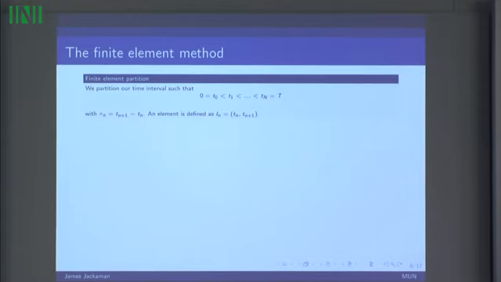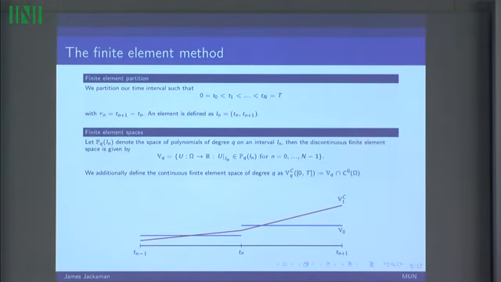So we are dealing with ODEs, so we just have one dimension. So defining finite elements isn't too difficult in this case, so we don't need to use any particularly fancy techniques. We just partition our interval into n different elements, and then we can define our finite element space over these elements. Okay, so we're going to define the discontinuous finite element space of some degree q